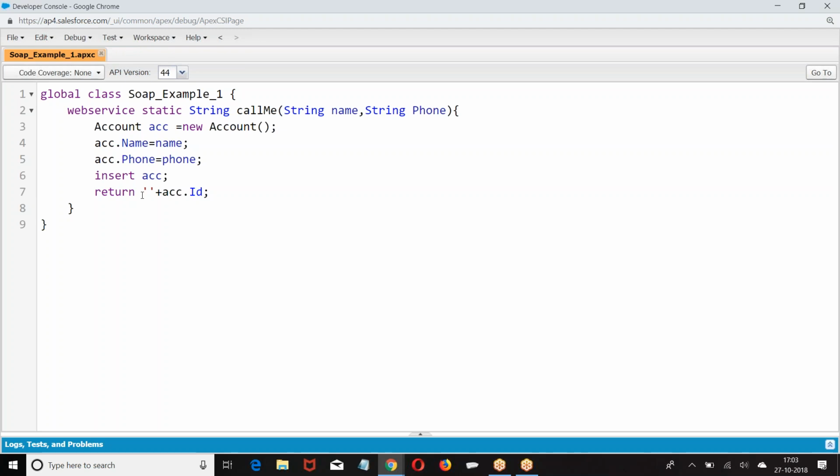Now this class may be generated in Java or .NET or Salesforce or PHP or anything else. It doesn't matter where we have created the service. If you want to share this service, it has to be converted into the form of a WSDL file. At the end of the day, if you want to share this service with someone, it has to be generated as a WSDL file. Now let us look at this WSDL file.